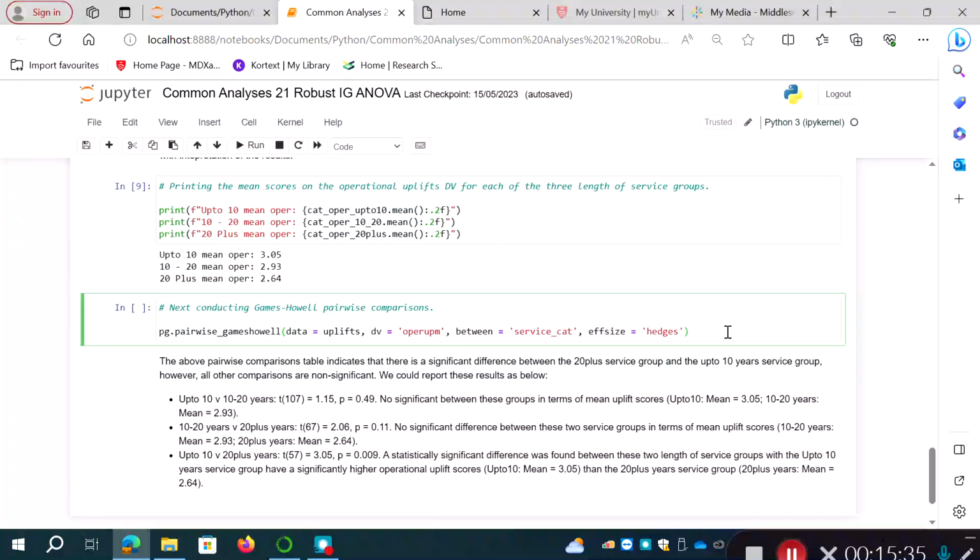Let's conduct the Games-Howell pairwise comparisons. Previously I've demonstrated how to use pairwise tests to run pairwise t-tests using Penguin. The Penguin method for these kind of robust Games-Howell pairwise comparisons has really similar syntax. It's pg.pairwise_gameshowell. Then in parentheses you specify pretty much the same arguments as you would for the pairwise tests method. You say what the data is, our uplifts data frame, the DV is our operational uplifts variable, the between subjects, the independent groups grouping variable is our service cat variable, and I'm asking for a Hedges effect